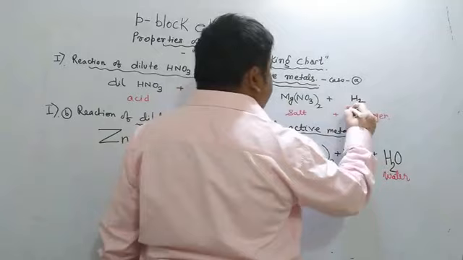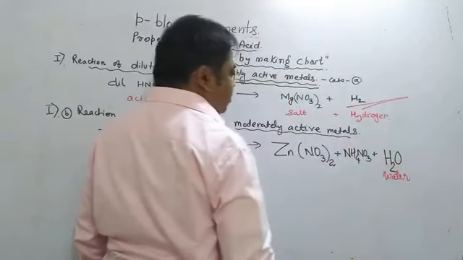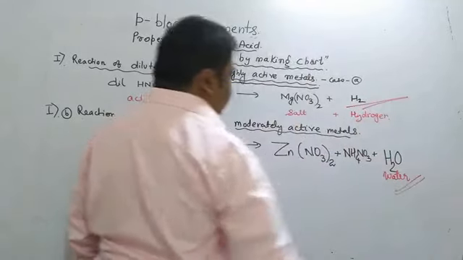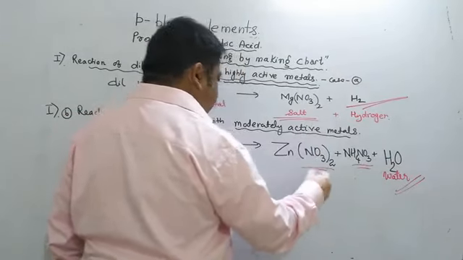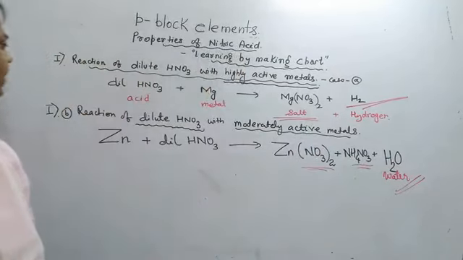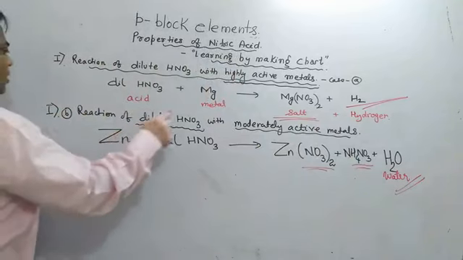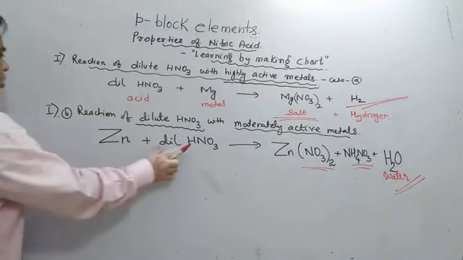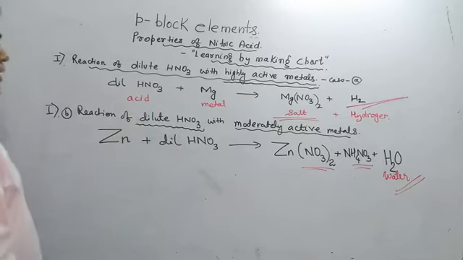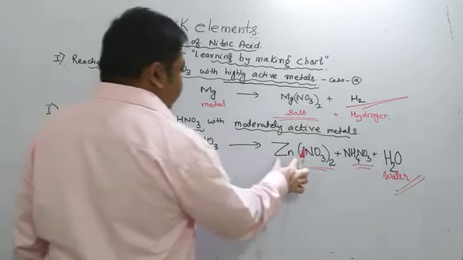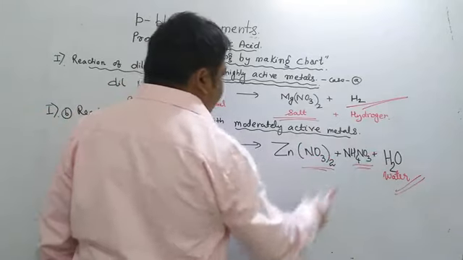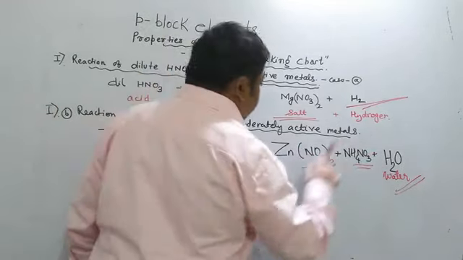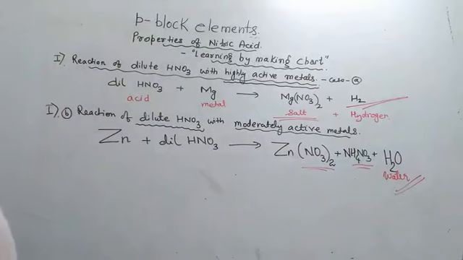So here you see that there is no oxygen here. So it was hydrogen, but in this case water is there. In this case only one salt was formed, and here two types of salts are formed. Okay, but ammonium nitrate will only come out when we use dilute nitric acid. If we use concentrated nitric acid, at that time what will be happening is we will be getting zinc nitrate and NO2 gas will come out, and then water will be formed. This will be the difference. Okay, we will see that.